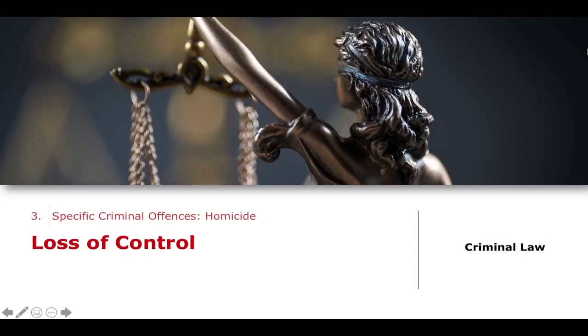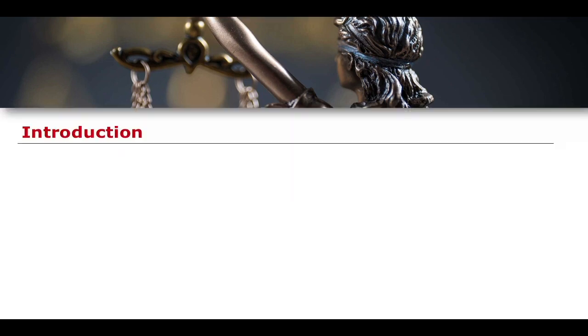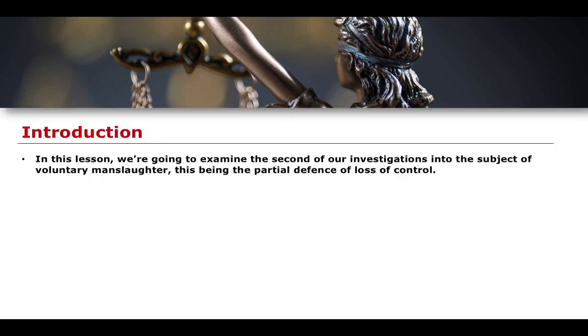In the previous lesson, we talked about the first instance in which we can make a claim for voluntary manslaughter, which essentially reduces liability through the operation of a partial defense. In this lesson, we're going to talk about the next major method by which you can utilize this reduction in liability, moving away from diminished responsibility to this idea known as loss of control. So, again, this is a partial defense for the crime of murder, which then reduces liability to manslaughter.